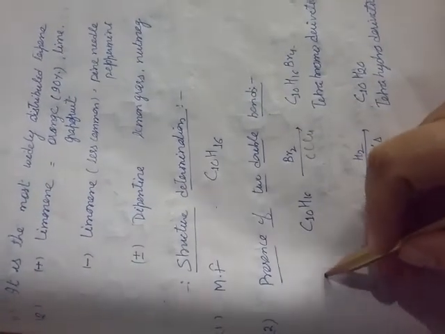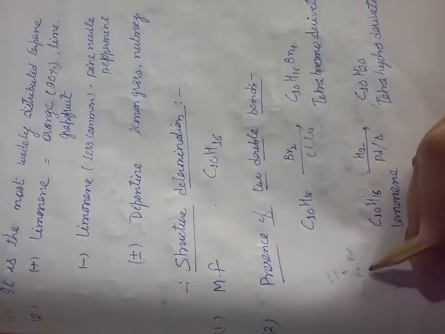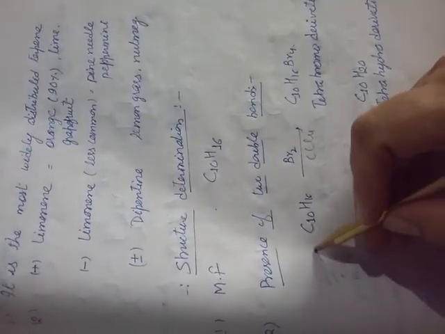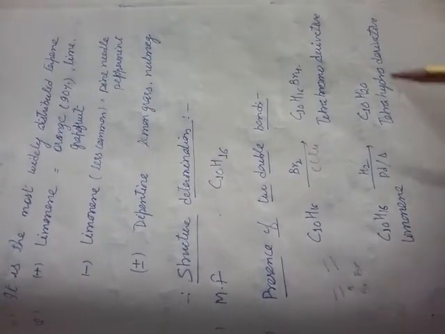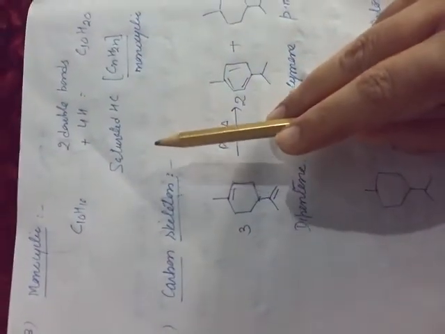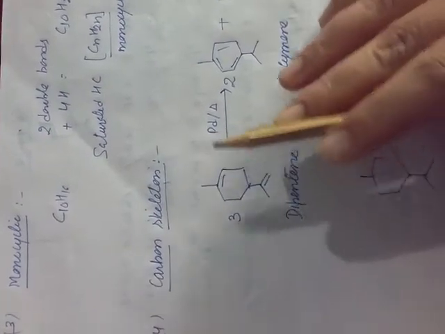Because for one double bond there is a need for two bromine atoms, a dibromo derivative is formed, and if two double bonds are there, in that case tetrabromo or tetrahydro derivatives should be formed. So limonene gives a tetrahydro derivative and on bromination it gives a tetrabromo derivative. Both these reactions indicate that there are two double bonds in limonene. And there is no other element present in limonene, so there is no need for the test of phenol, alcohol, aldehyde, ketone. So directly this is a hydrocarbon.